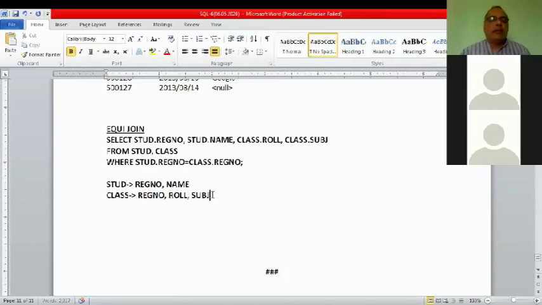These are the minimum fields present in both of these tables that we can assume.